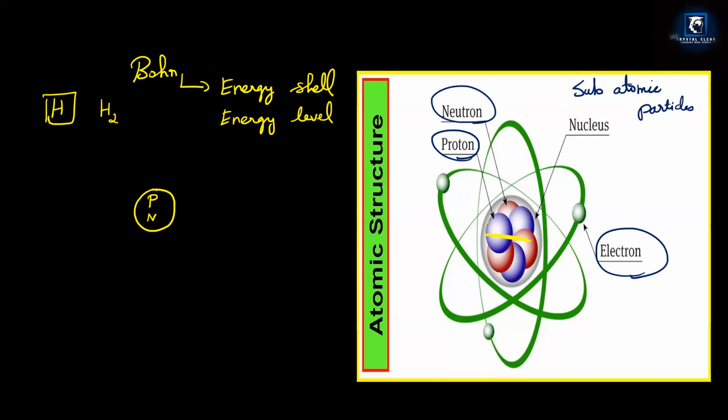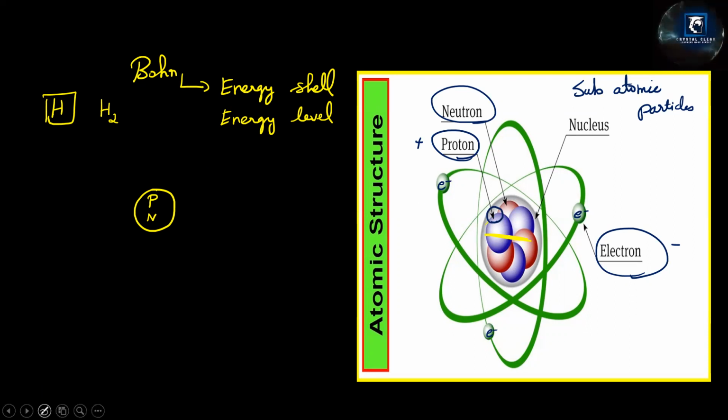Mr. Dalton believed that an atom cannot be broken at all. It is indivisible, right? Then later many other scientists came and said some subatomic particles are there. And Mr. Bohr gave it very clearly: it is nothing but proton, electron, and neutron. So proton with a positive charge, neutron, the name itself says neutral, right? Electron with a negative charge. And this electron only will revolve around, you can see. And the proton is there in the nucleus. You can see something here, bounded together.